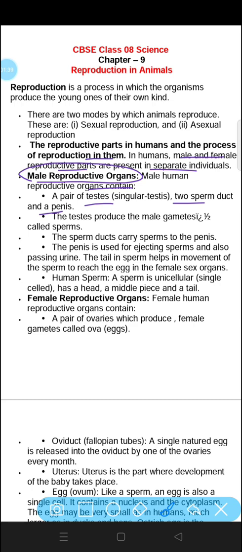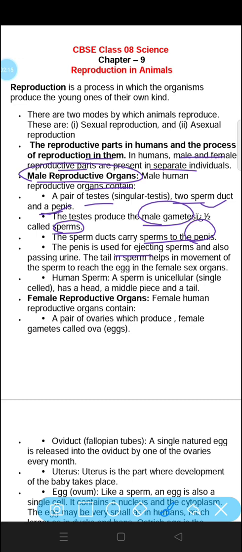The testes produce the male gamete. The male gamete is produced by the testes and is called the sperm. The sperm duct carries sperms to the penis, and the penis is used for ejecting sperms and also passing urine. So these are the three reproductive organs in males. A pair of testes produces sperms, the sperms are carried out with the help of the sperm duct, and the sperms are ejaculated with the help